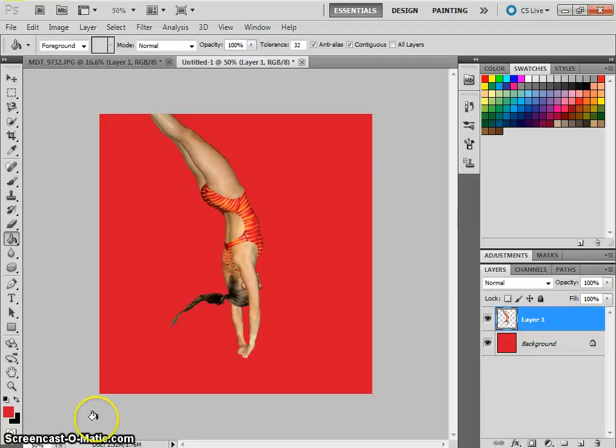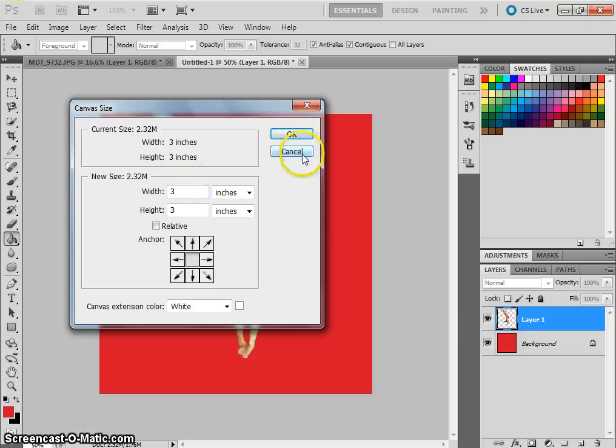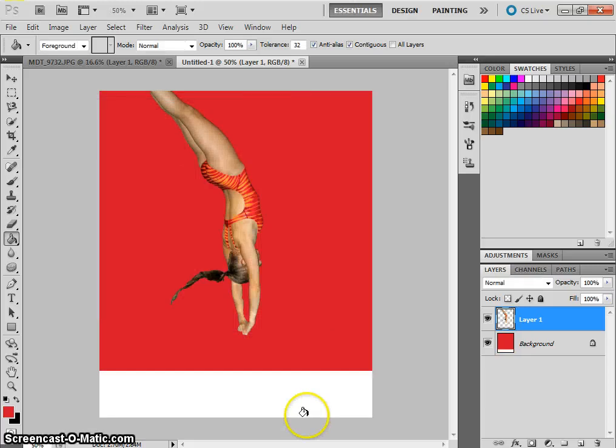Okay, now I can also add my little white onto the bottom. I can change my canvas size. You can do that here. We can go ahead and add that white right onto the bottom by checking the relative box. On the height, I'm going to add 0.5 of an inch. I'm going to situate my image to the top. That's by pressing this arrow, putting this is my picture right here, which means all 1/2 of an inch is going on the bottom. And I've also selected white to be the extension color. And what that will do for me is this. It's added that extra piece of white on the bottom, only on the bottom, where I can actually put my